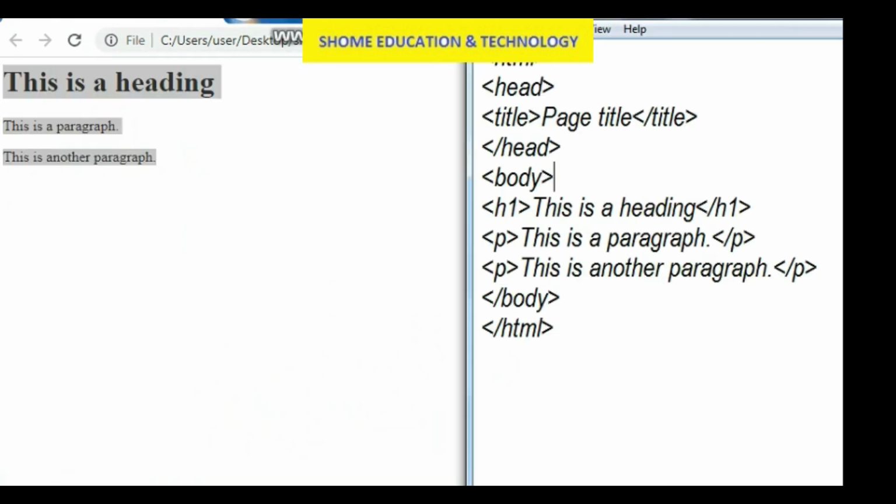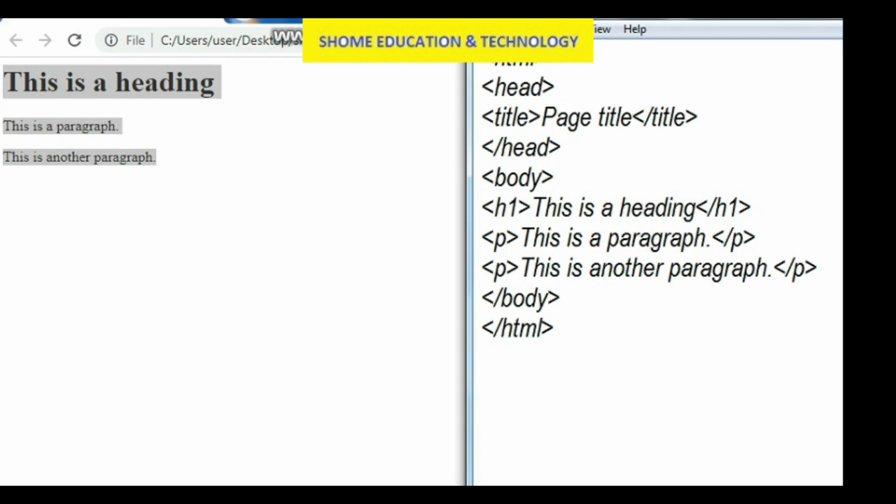This is our first HTML page, the input and output together. Look, I already told you only the body portion we can see in the web page, and this is the body portion which appeared on the web page.